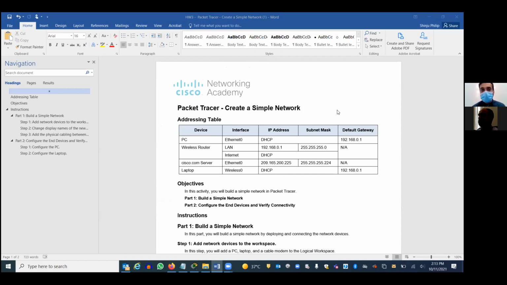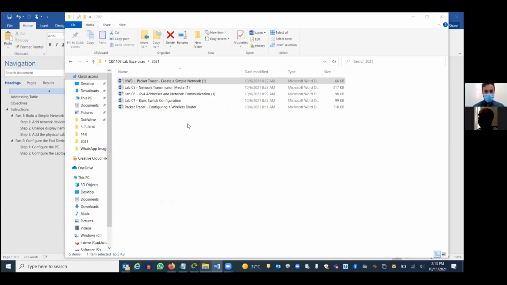All of you, please open the Packet Tracer software and open the first lab. Create a simple network.